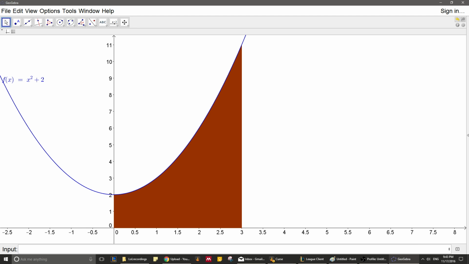So the problem I have for you is I want you to figure out this area here of this section, which is just the area under this curve from 0 to 3. That's it. Something that might be a hint that might come in handy, it might not, is the story of